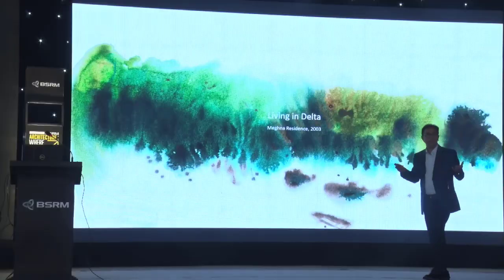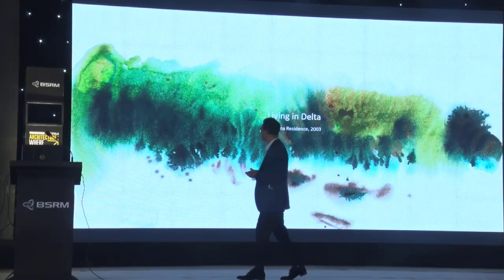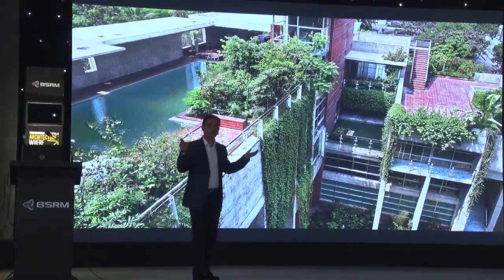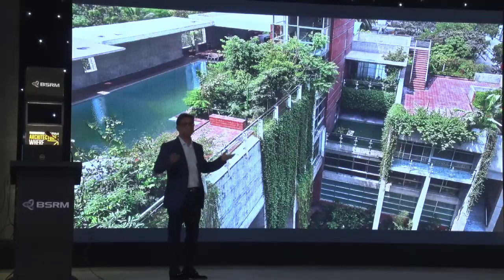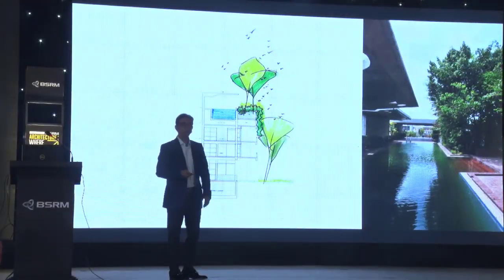And then we started thinking of going up, how to live in Delta. And this is the top floor of the house, which is probably the 6th level of the house. And we have tons of trees over there, 50 feet, 40 feet tall trees, and the swimming pond, which is actually connected,